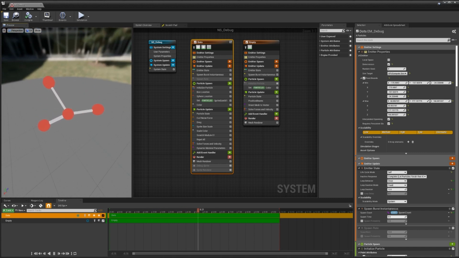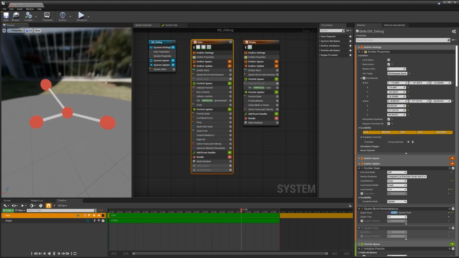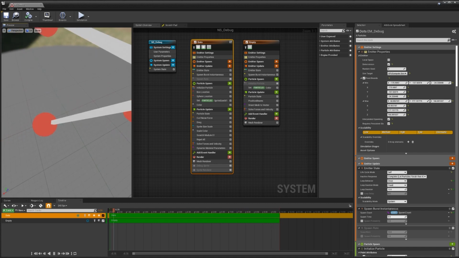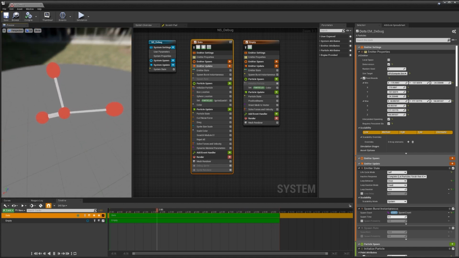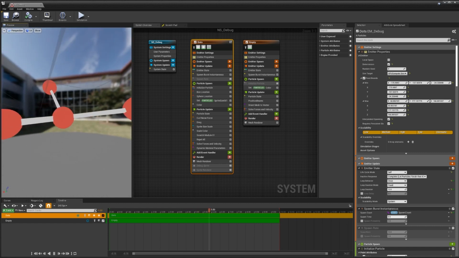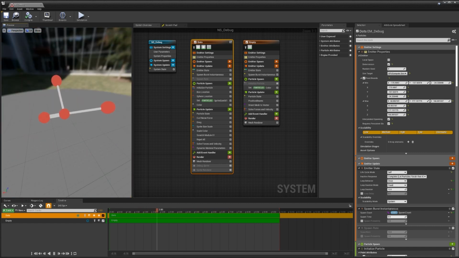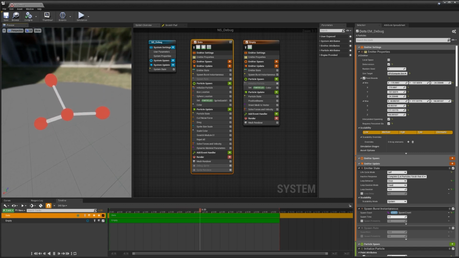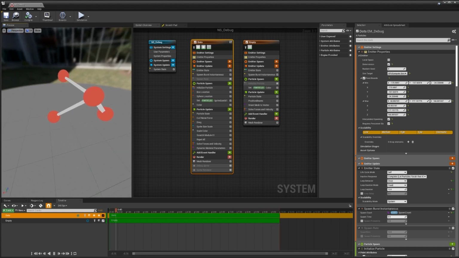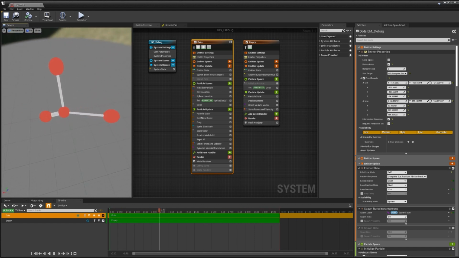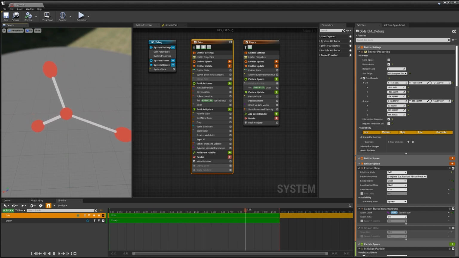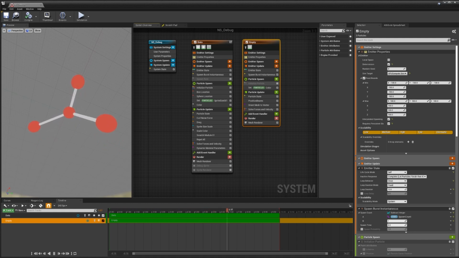This system has a few different components that it's trying to do. This central sphere here is the first sphere that gets spawned in the burst, and its job is to try and stay as close to zero as it can. These almost orbiting spheres, their job is to try and maintain a distance from the central sphere, but also to try and maintain a distance from one another as well. And the connectors are finding the central sphere location and then a single orbiting position and creating a connection between the two.